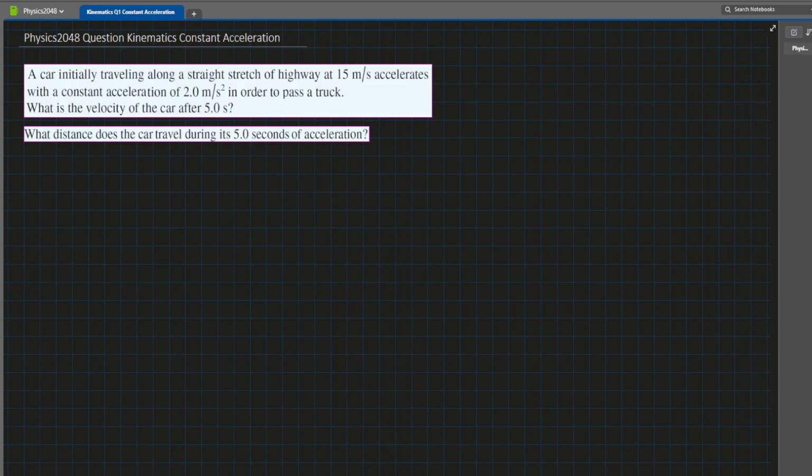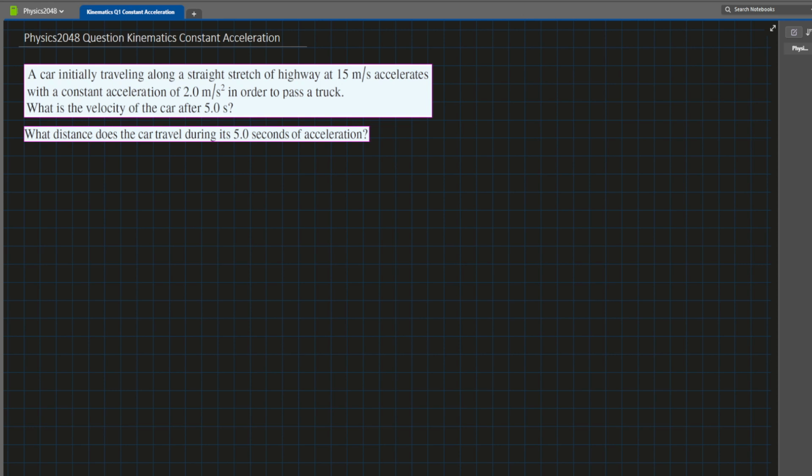Hello everyone, so today I'm just going to do a review question in physics for myself, and if anyone wants to chime in. So the question is, a car initially traveling along a straight stretch of highway at 15 meters